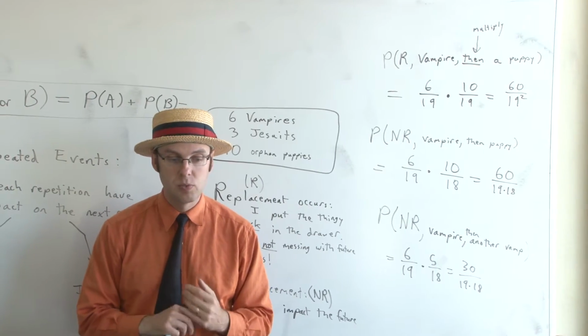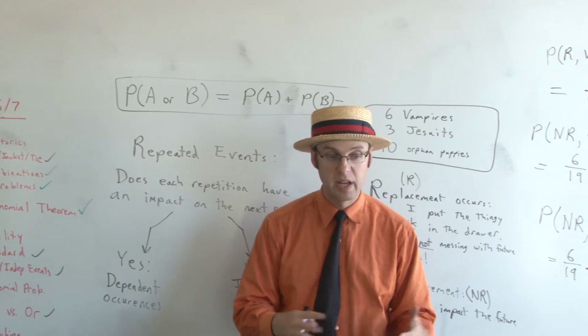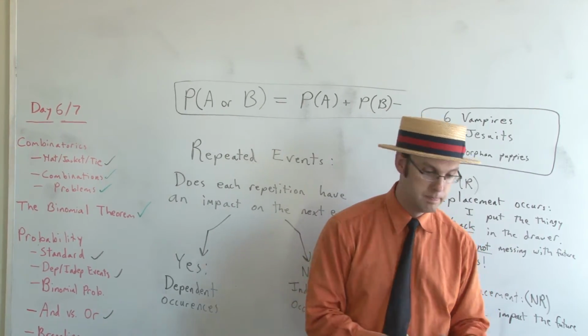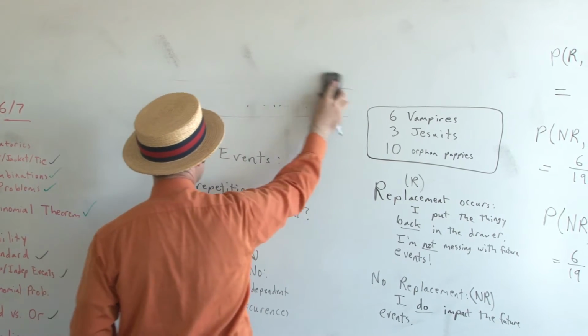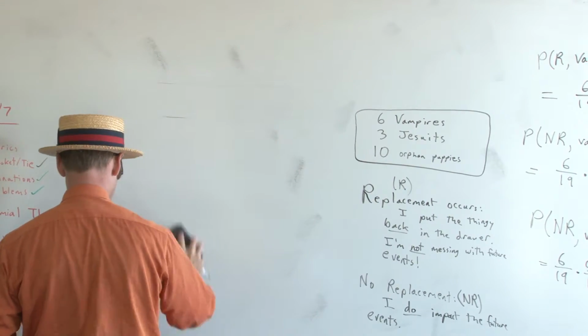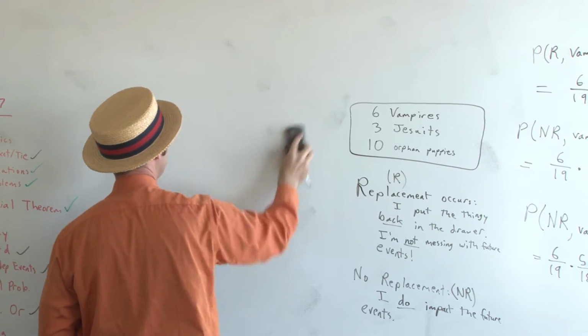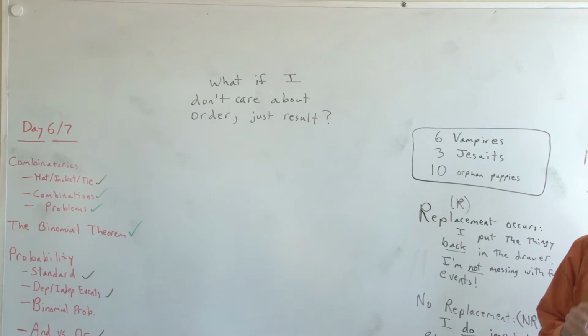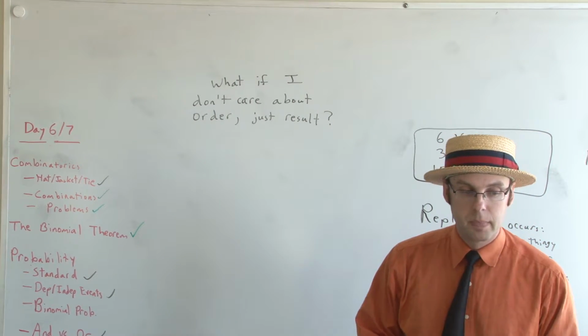What if I just want to have, at the end of the day, pulled out a puppy and a vampire, but I don't care what order I did it in? I'm going to show you a legit way to do it, and then a cheap but elegant way to do it. Well, this is where branching probability comes in,